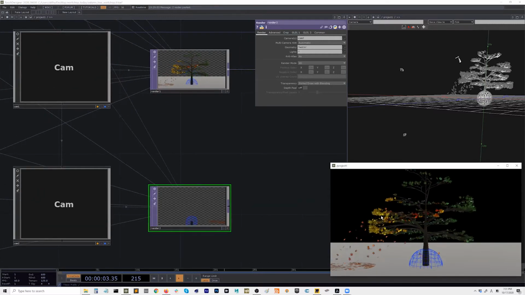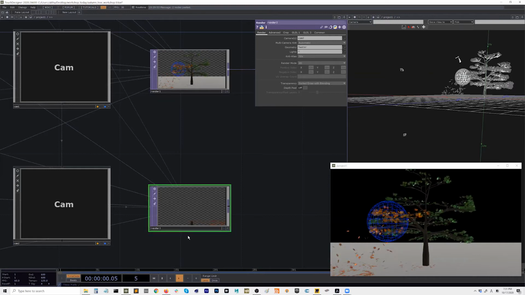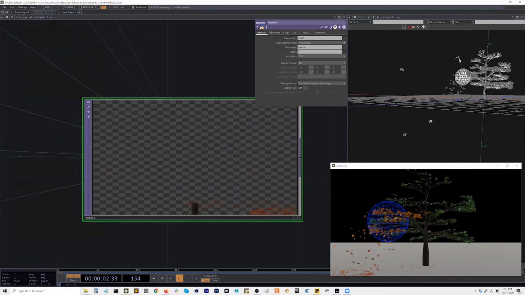And also something I did in the example file. These leaves are very small, but they have very angular edges. So it might help if you select both of these Render TOPs and then raise your anti-alias. I did like 32 because I wanted to make it really pretty. But depending on your performance, you can lower to like 16. From the default of 4, it should look better if you raise this one. Okay, so yeah, now this Render 2 is basically looking from the bottom. And that's basically the trick.